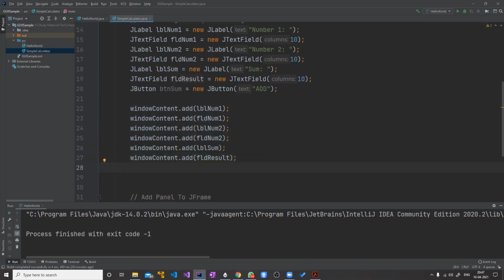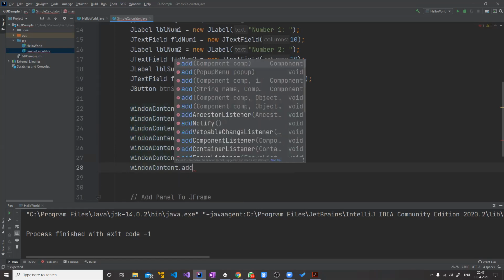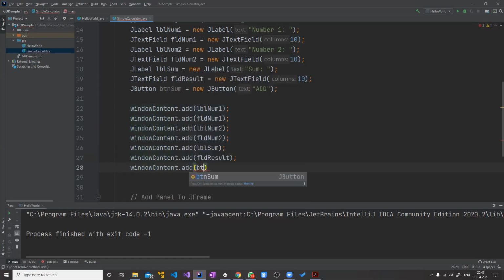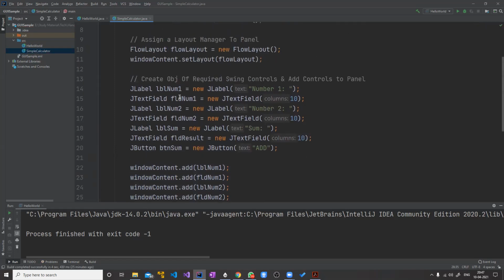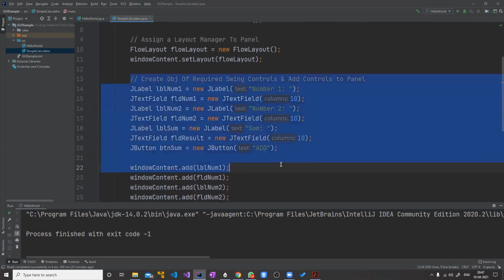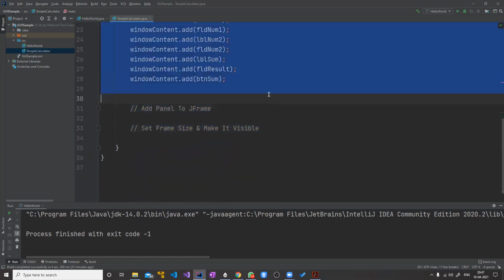And then there is a button. I think that's all. So window content dot add button. Done. So we have created the object and added to the panel.